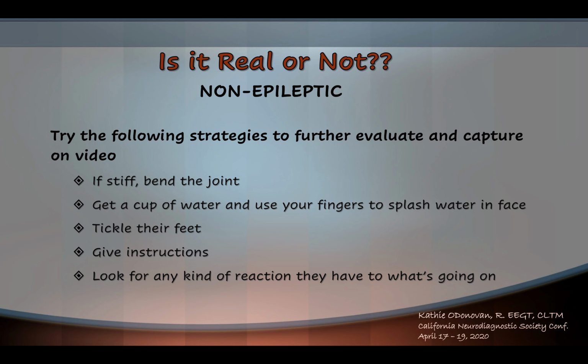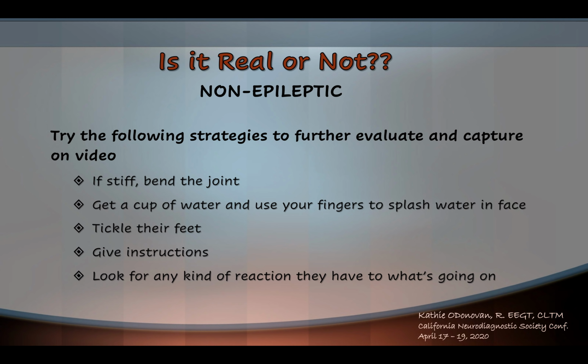So if you're in the patient's room or coming over a microphone, well, some of this you can't do except in the room, but the doctor documenting what you are doing is going to help the doctor, because their job is hard too, because they're going to a lot of times meet some resistance. So if you see anything about their body that's trying to be stiff, try to bend the joint. And you don't have to say, hey doc, I just bent the joint, so this isn't real. Just demonstrate what you can do.